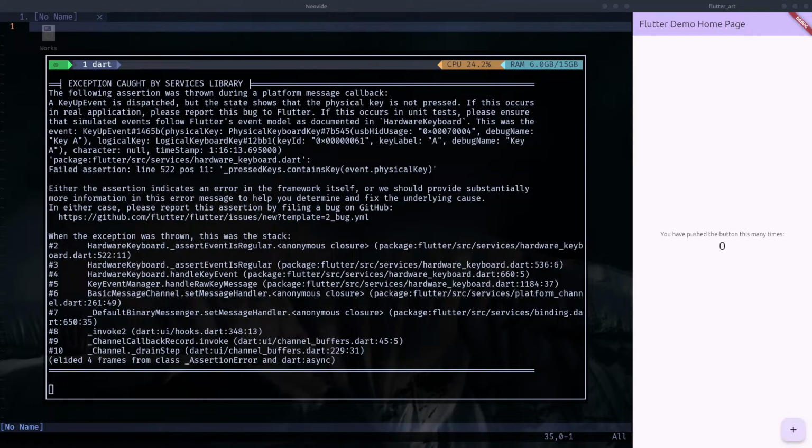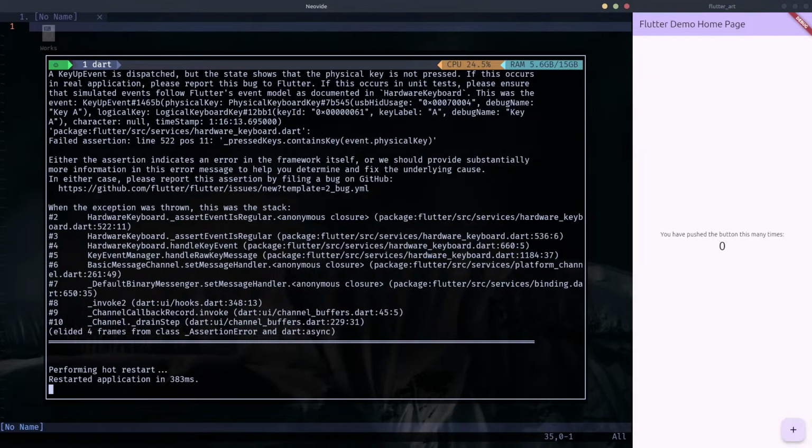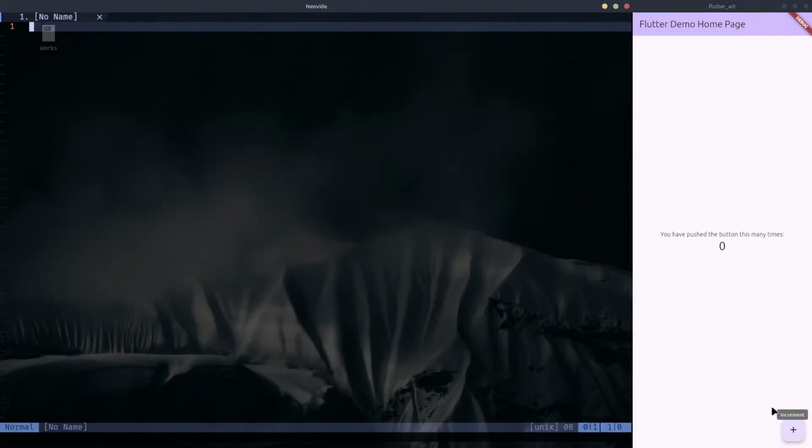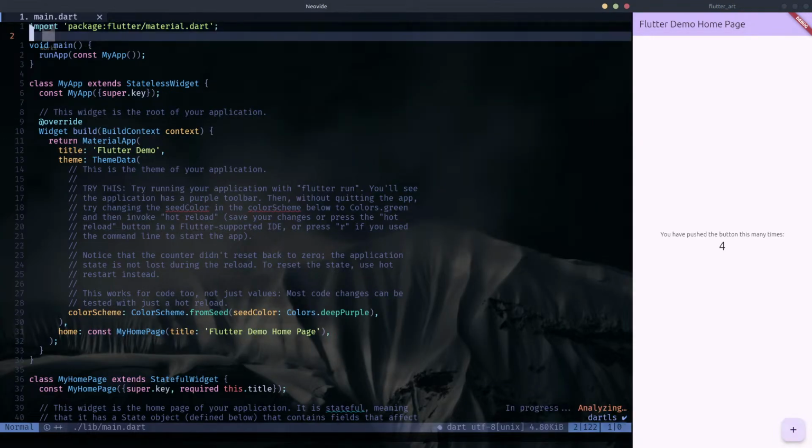There is one more thing. I think my OBS mic had okay. No, it is working. I think my mic has been muted. Yeah. So now this is good. So anyway, I can do a hot reload, and our counter app looks good. Let's fire up this main.dart file and